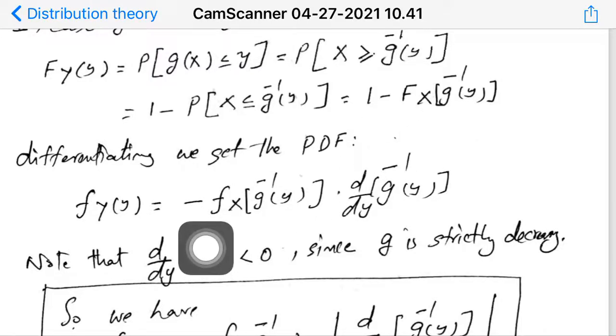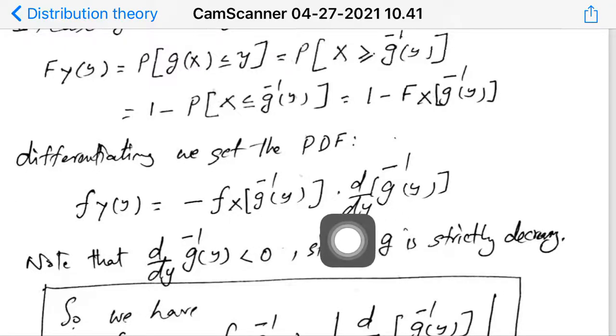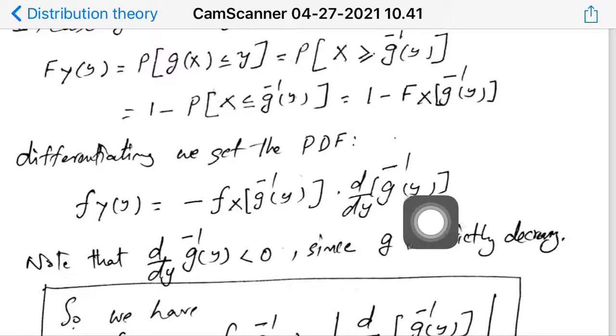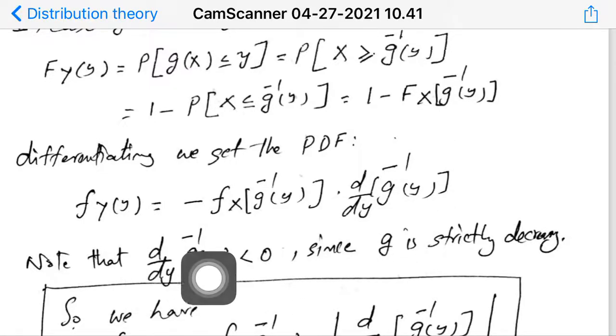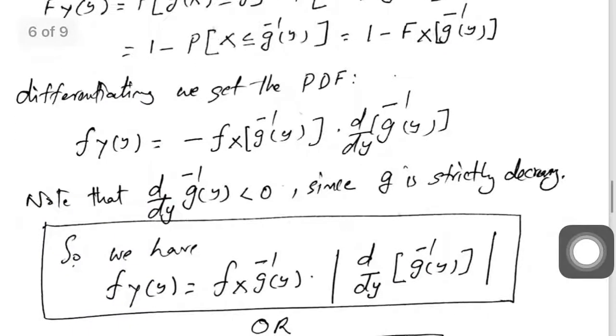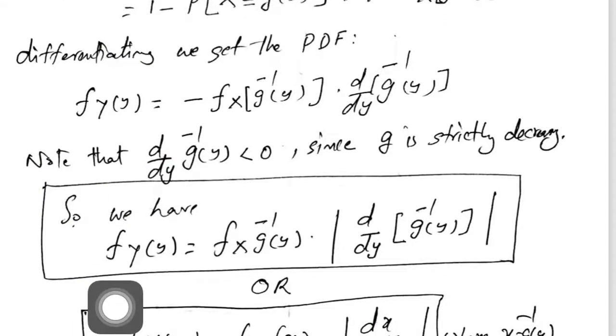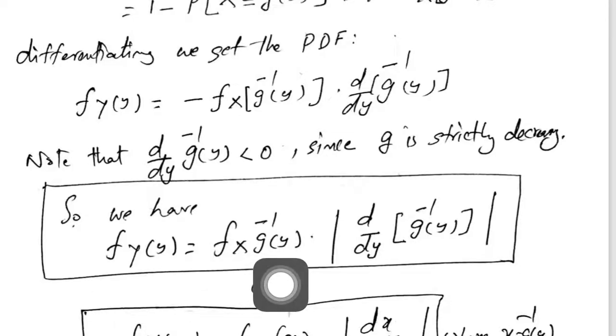to minus fx of g inverse y into d by dy of g inverse of y, and this is negative since g is strictly decreasing. Therefore you see that the density function fy is equal to fx of g inverse y